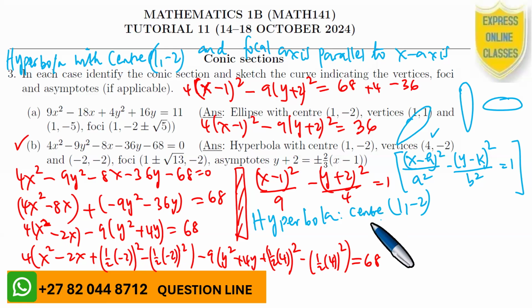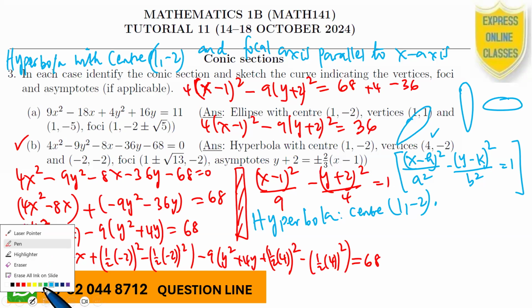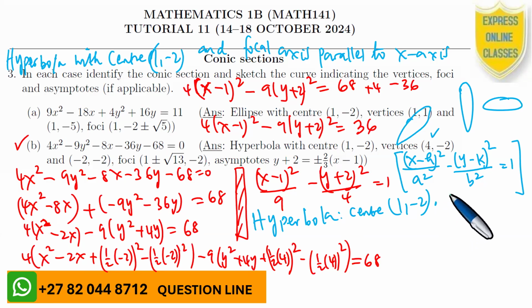This is how we write it. Since a is equal to 3, because a squared is 9,